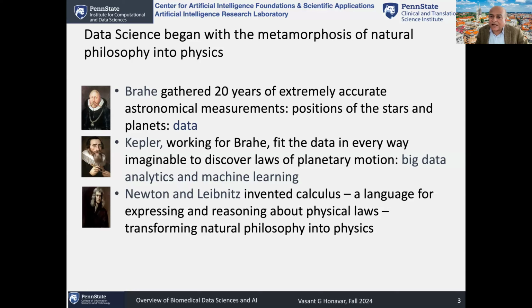So there are many fields which are at a stage comparable to what physics was 200 years ago. They're just at the beginning of collecting large data sets. There are no laws like physics. We don't understand, for example, in any precise way, how the different factors like genetics and environment and so on impact a health risk, for example. You don't have the equivalent of F equals MA for health status, but it's potentially possible when you have these